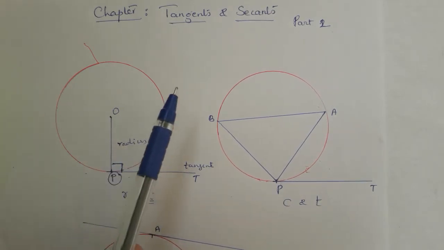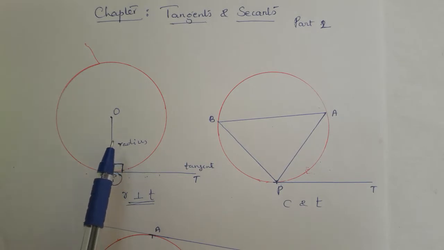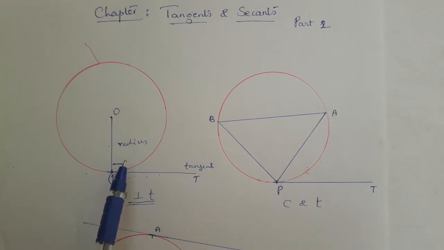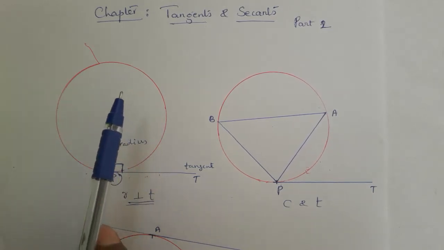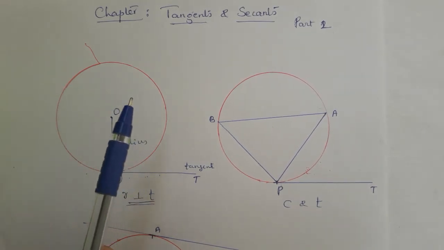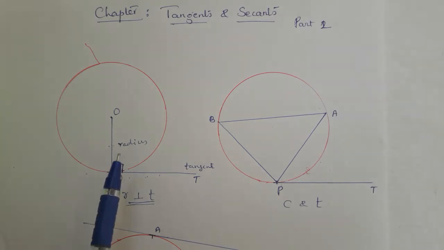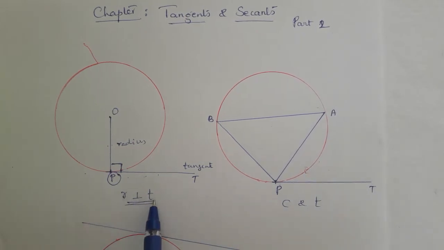The first theorem on tangents says that wherever the radius and tangent meet, at the point of contact, the angle is always found to be 90 degrees. Radius and tangent meet at 90 degrees. Remember, in the circle chapter we studied that when we see a diameter we mark 90 degrees, right? The same thing here: when we see a diameter we write a 90 degree angle in the semicircle. Similarly here, when we see the radius and tangent meeting each other, mark 90 degrees. Don't forget to mark 90 degrees when the radius and tangent meet each other at the point of contact. When radius and tangent meet, it is always 90 degrees.